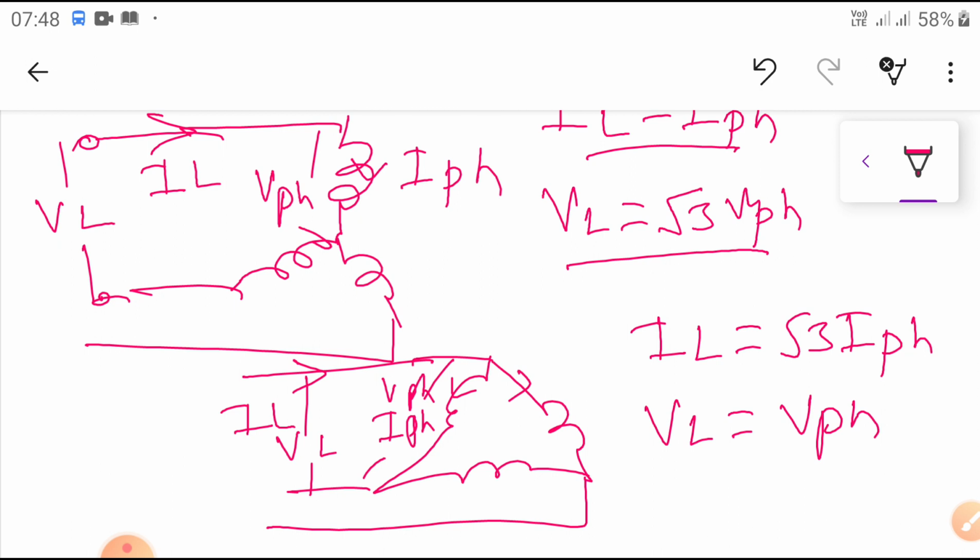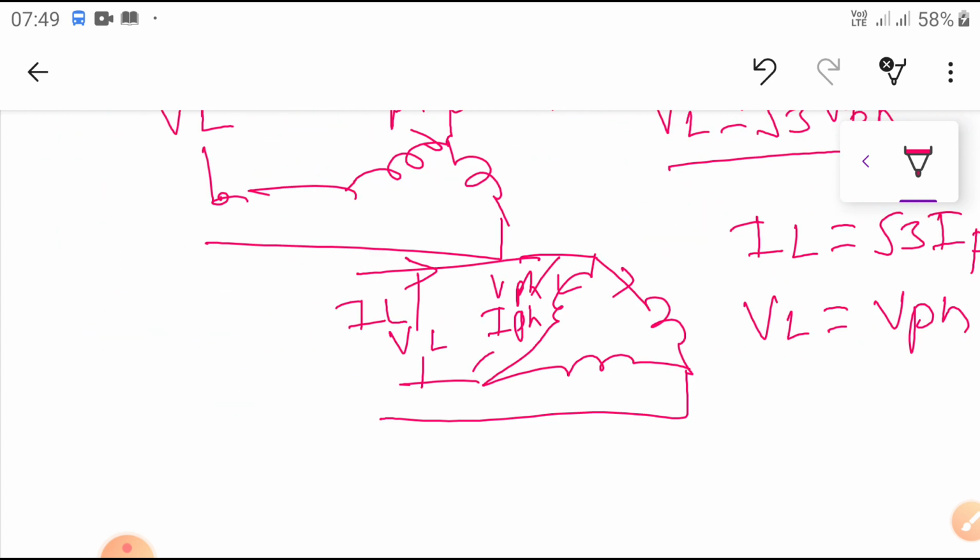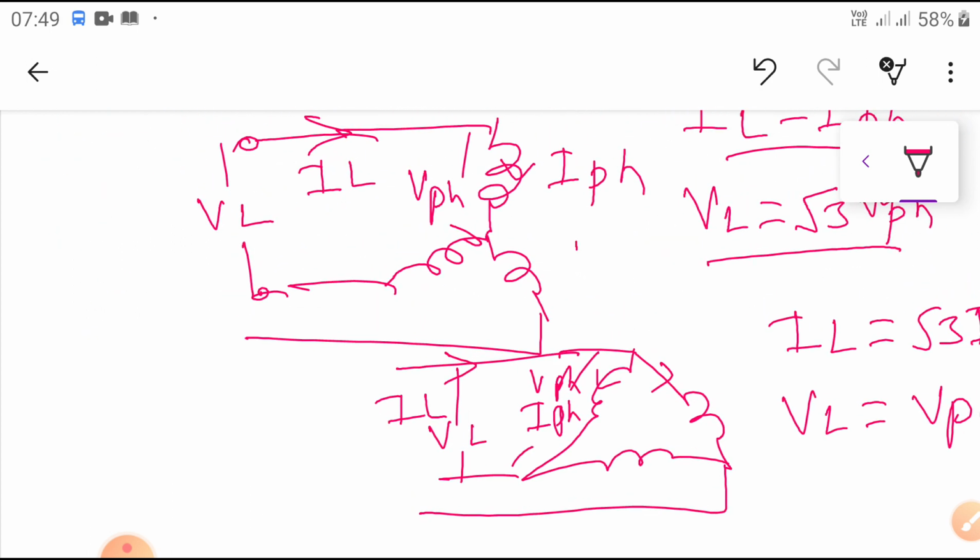Okay, initially what will happen? Whatever the winding consists of, that is connected in the form of star, then a reduced voltage is given. That reduced voltage tries to produce the torque. The torque will try to rotate our rotor. If the rotor speed increases, the slip value decreases. Then the I2 current decreases, and once the speed increases to nearby synchronous speed, rated speed, the slip value is very small. Then the current drawn from the supply decreases to the normal value. So up to that point we are going to use it.